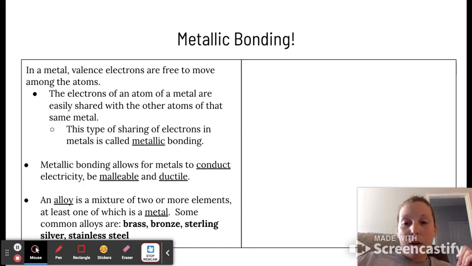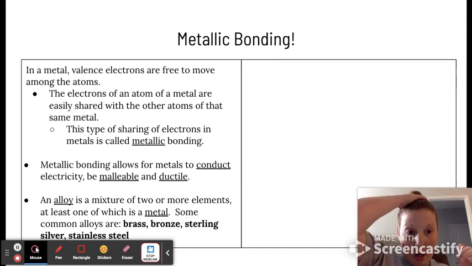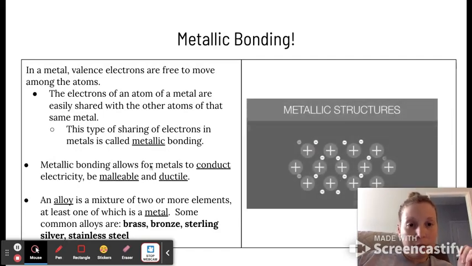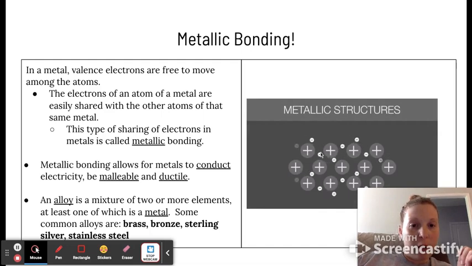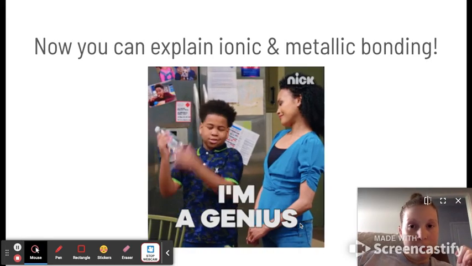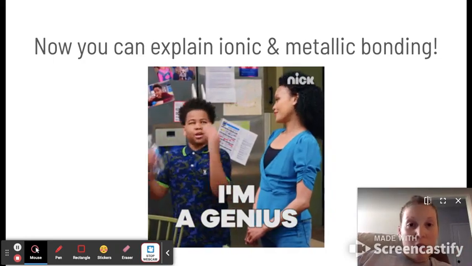And then we have one last definition here, which is an alloy. An alloy is a mixture of two or more elements where at least one of them is a metal. In most cases, you have a lot more metals in the mixture. And some common alloys, just so you have some examples here, are brass, bronze, sterling silver, and stainless steel. So this is what we're talking about. We've got our big metal cations here, so you could see those. And then the electrons are just kind of flowing in between like waves in the sea. So now that we've finished this lesson, you should be able to